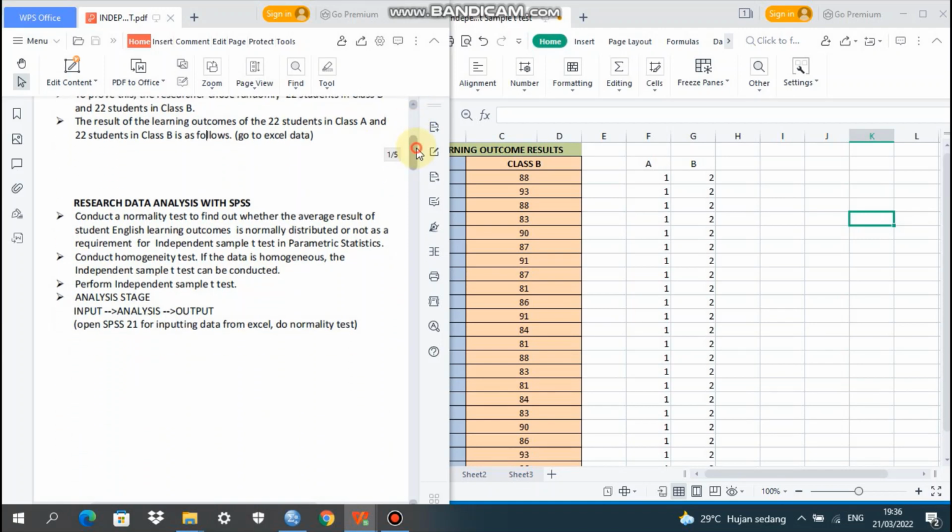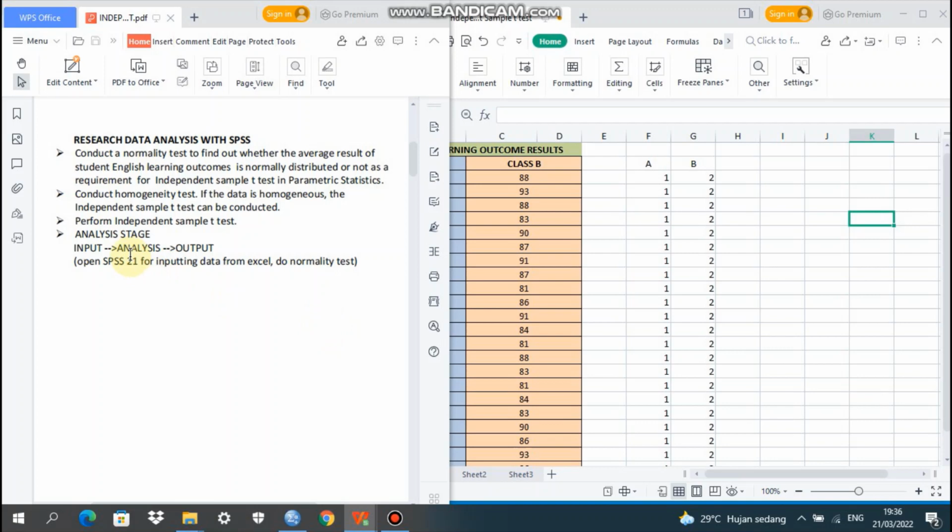Research data analysis with SPSS. We have 4 steps here. First of all, we need to conduct a normality test to find out whether the average result of student English learning outcome is normally distributed or not.